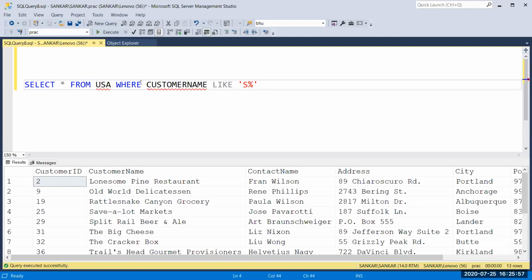If you want to print who or what are the names that contain the S character in their name, you can give it like this. If you want to print all the names that end with S, you can give it like this. So I'm going to print what are the names that start with S.